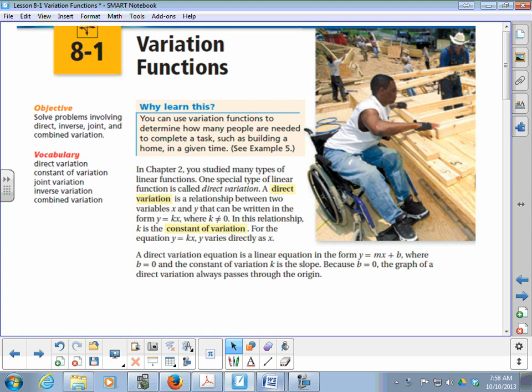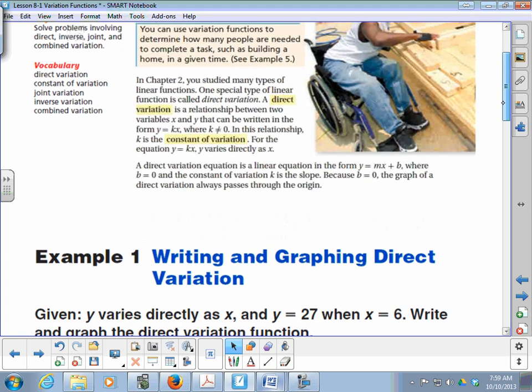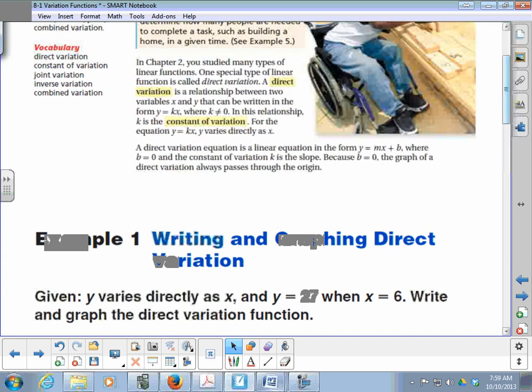So direct variation is a relationship of two variables x and y, and can be written in the form y equals kx. So it's a linear relationship, and as one thing changes, the other thing changes the same way. So if it's direct variation, as x gets bigger, y is going to get bigger, and as x gets smaller, y is going to get smaller. Okay, so the only difference between a direct variation and linear is the fact that the y-intercept is always